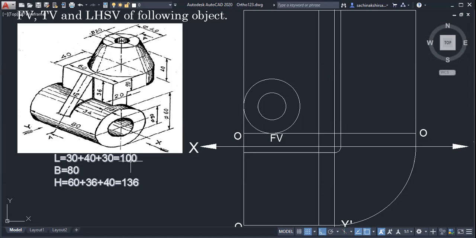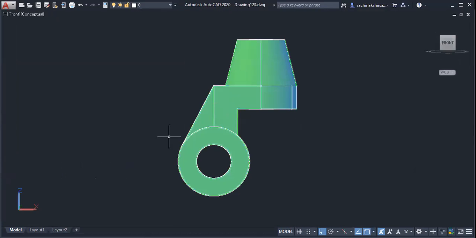What is the height of the middle part? 40. It is something like this. Circles we have drawn at the bottom, two circles. Now the middle part we have to draw. This middle part I want to draw now.